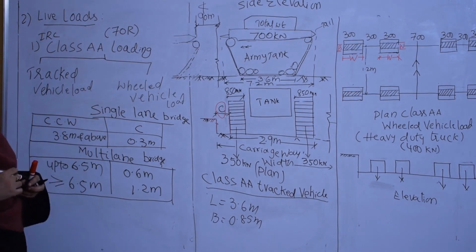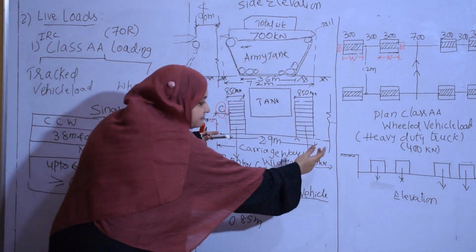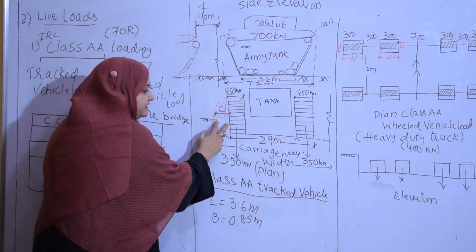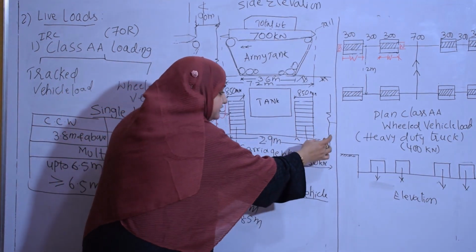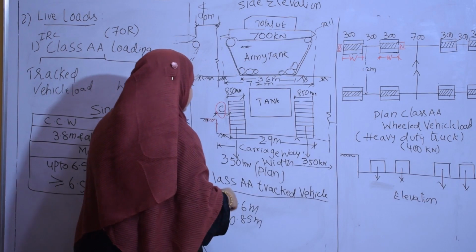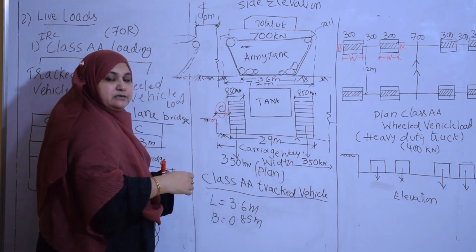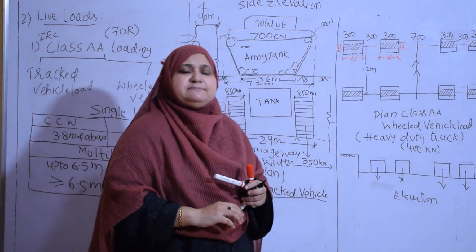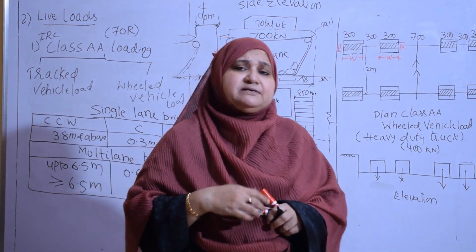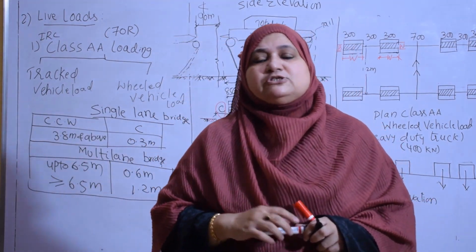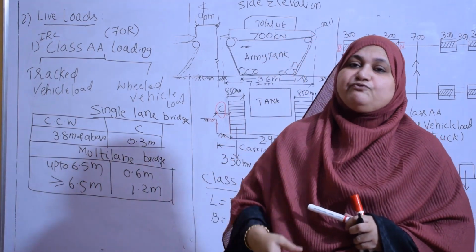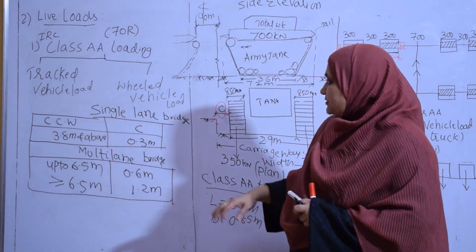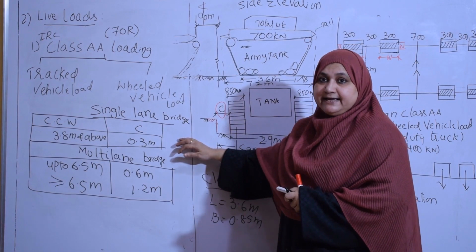So these values are required to fix the carriageway width, because you can see this C plus this distance plus again C if it's a single lane, plus the width of curb on each side. This is the curb. Curb will be 0.6 meters, 0.7 meters, 0.8 meters, maximum of 1 meter. So this total will give you the total carriageway width. So before designing, we need to fix the width of the carriageway. I am repeating for you all once again.